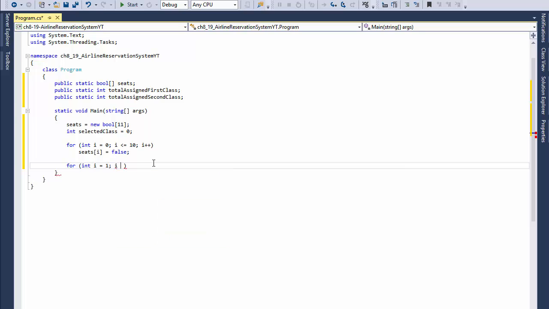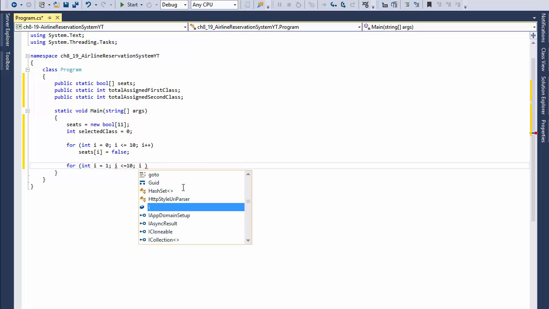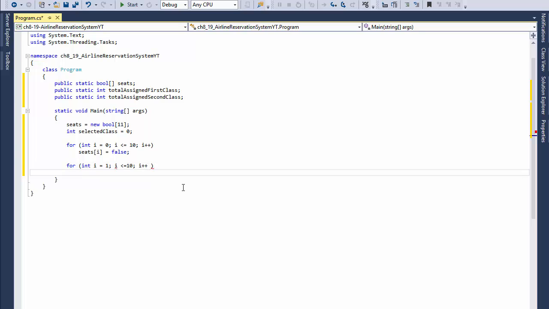So element 1 will actually equal 1, and we will ignore element 0. There will be nothing there. We will discard that. So in other words, we will only take elements 1 through 10 inclusive. So it's less or equal to 10, I plus plus,